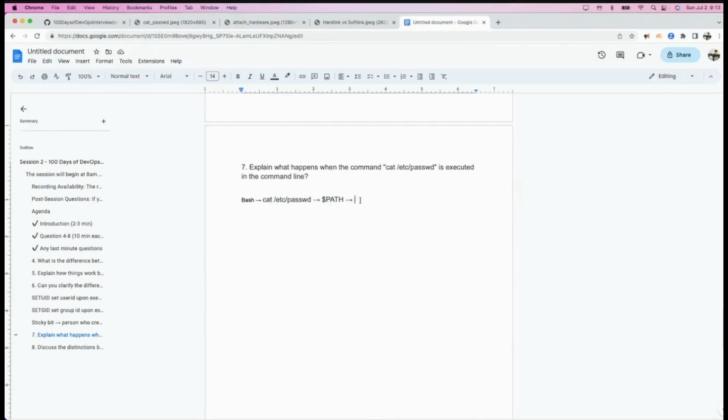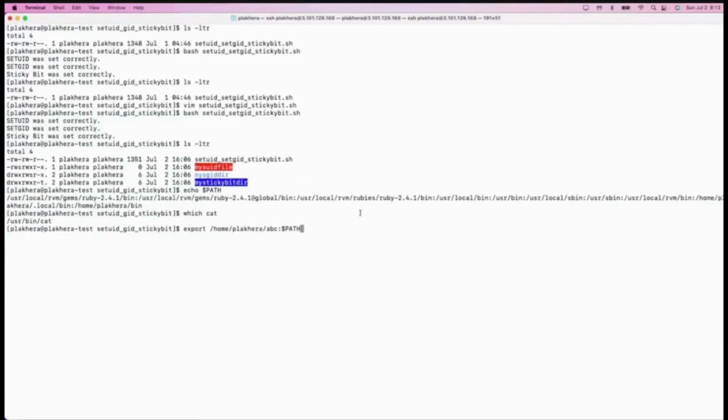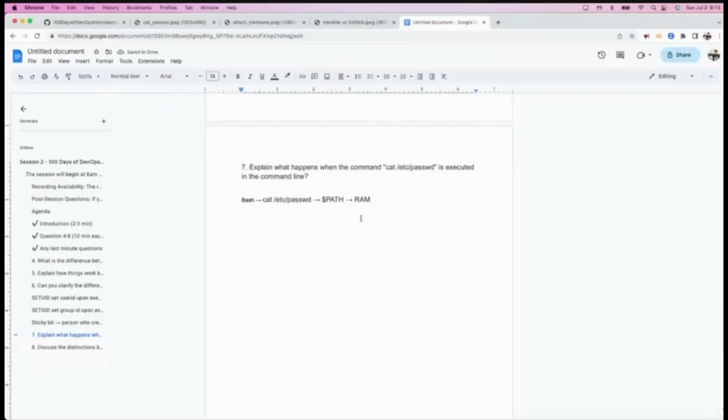So the next step is, we have seen that this command is located in this location. So what it needs to do is load that file from your disk to RAM. Basically, it does a lot of system calls for that. There is something called fork and exec, but let's not go into how it does that. Now it has loaded the file from disk to RAM, so cat is now present in the memory.